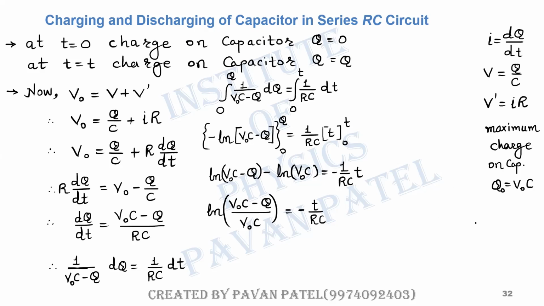This is the extra information. So in place of V0C we can write Q0, so this becomes ln of (Q0 minus q) divided by Q0. Q0 divided by Q0 is 1, so 1 minus q divided by Q0, and that is equal to minus t divided by RC,